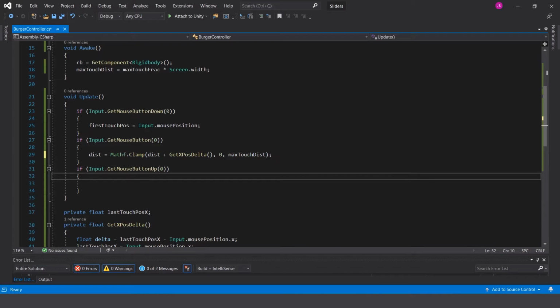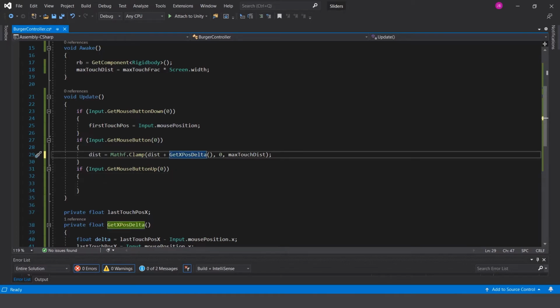So now we know that it will never be over the max touch dist, or never negative,